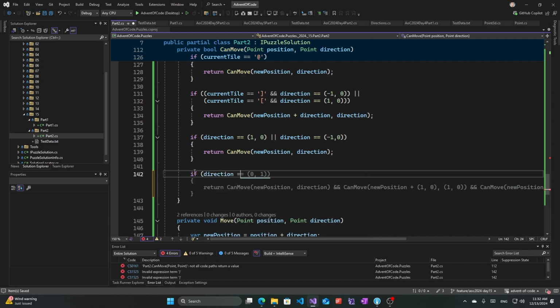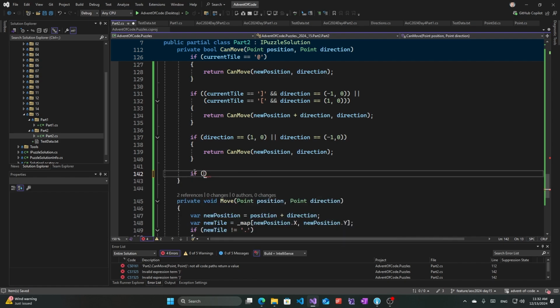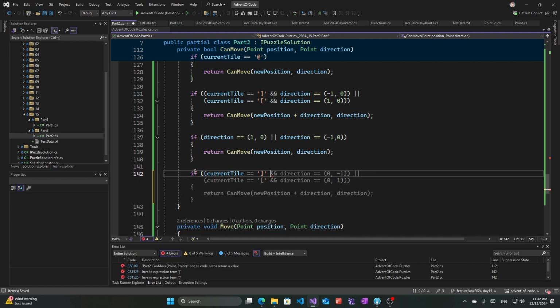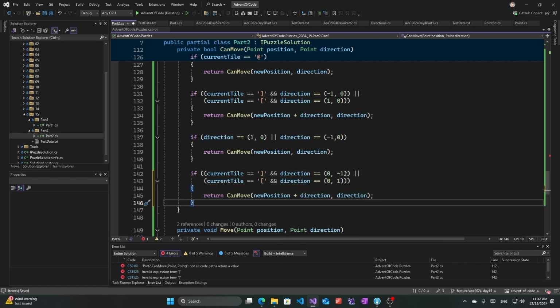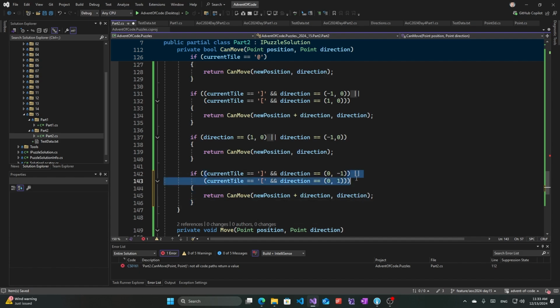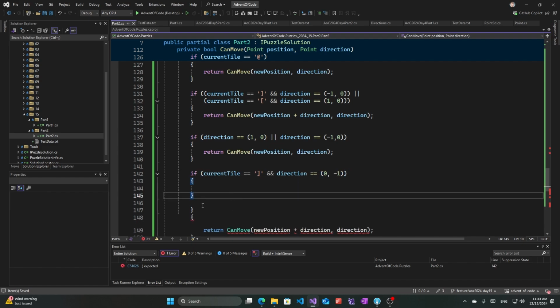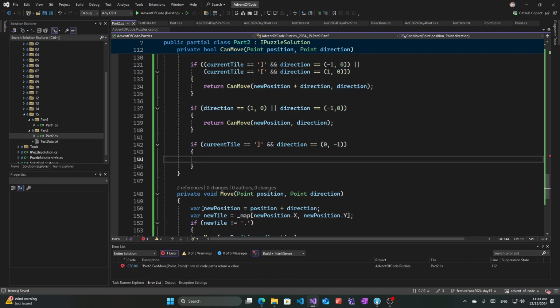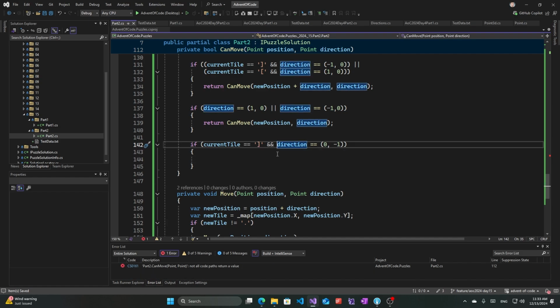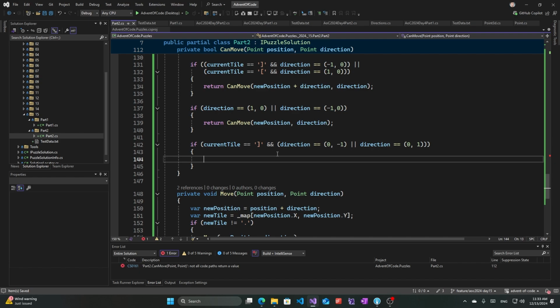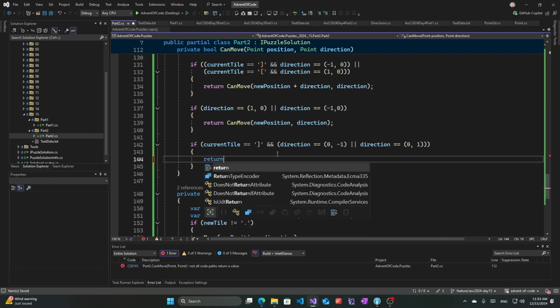So if direction, if current tile is this character and direction is -1, if you're on the right side of the box and direction is -1, or rather, if it's -1 or +1, then we need to move the two parts of the box. Both have to move. So return can move